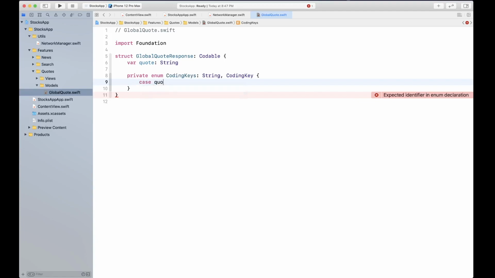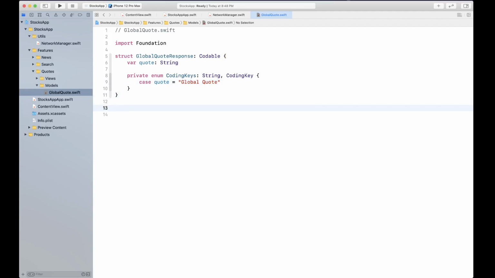We're going to say simply that the quote key is going to be represented inside the JSON as "Global Quote". So that is going to basically create the mapping for us. Whatever we get in the JSON as Global Quote, we're going to map it to quote.